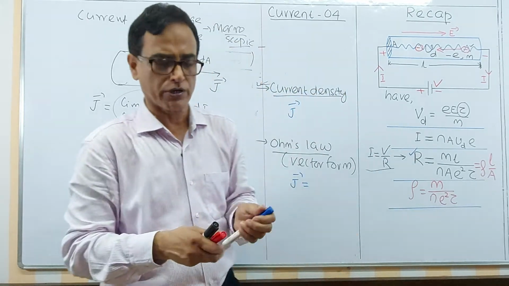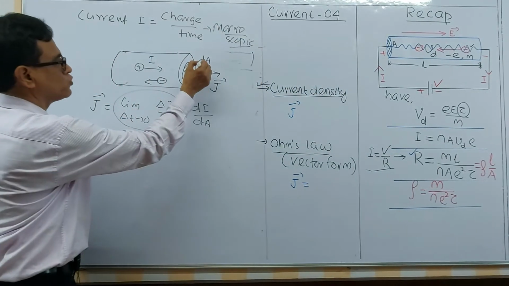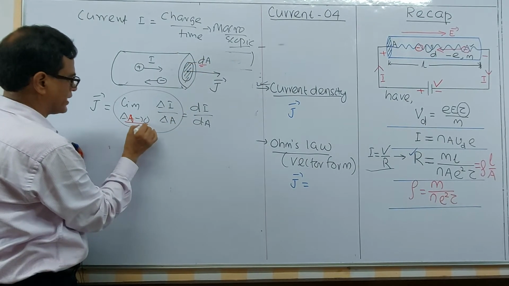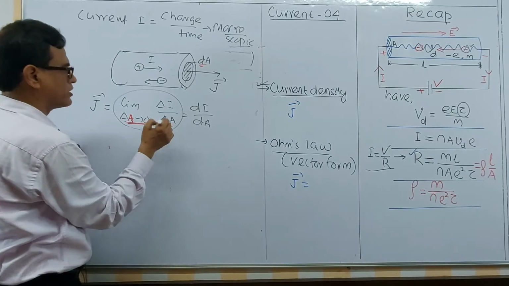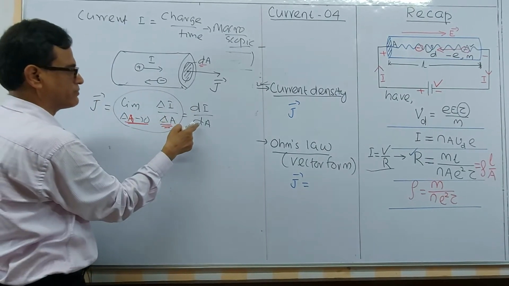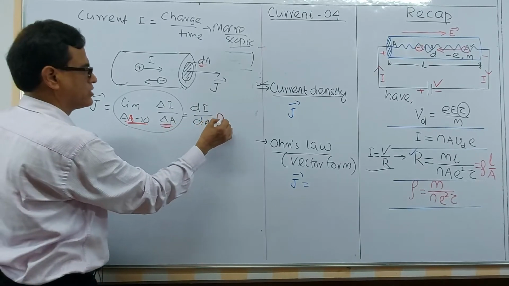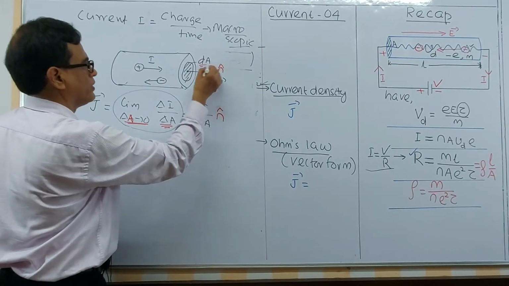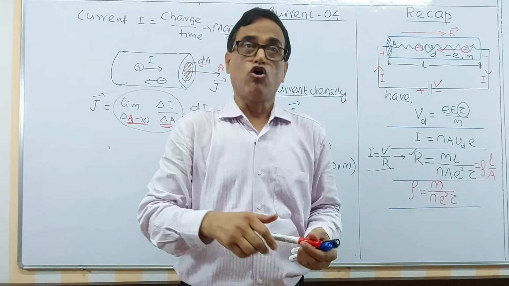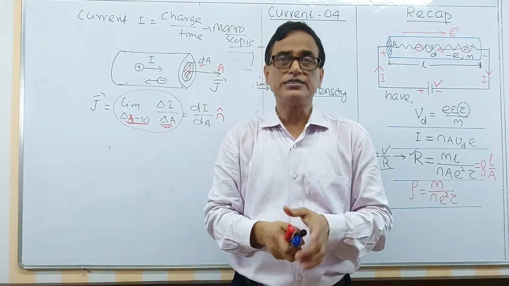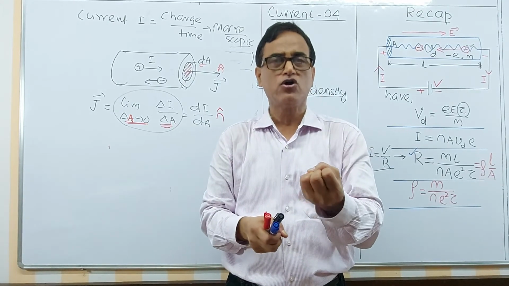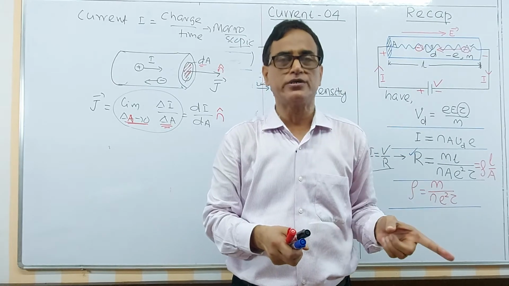But in the microscopic concept, what we do, if you choose this area to be as small, you see, del area, you should choose del area as small as possible, then this formula, current by area, which is defined as current density, can be written like this. And direction is along the normal to this area. So, this is the concept you are giving. Current density is a microscopical definition of current, a microscopical concept. Current is a macroscopical concept.